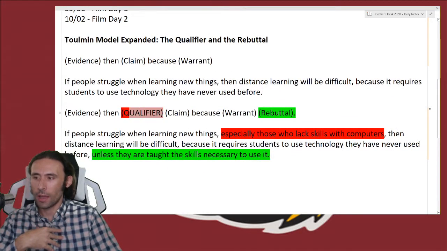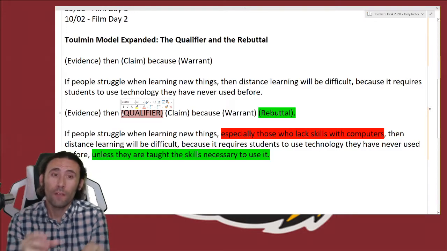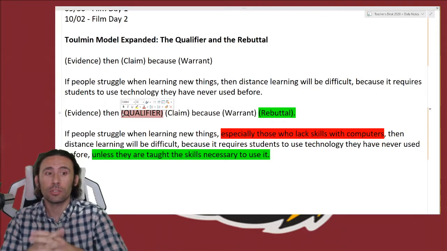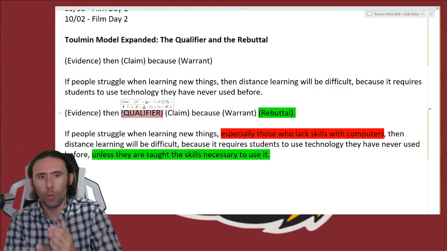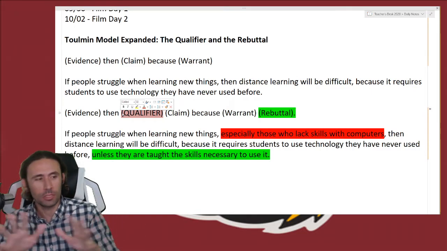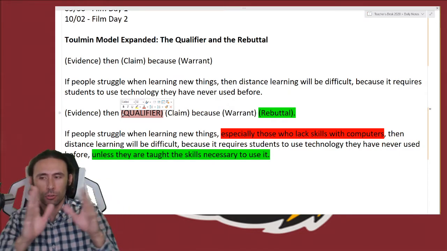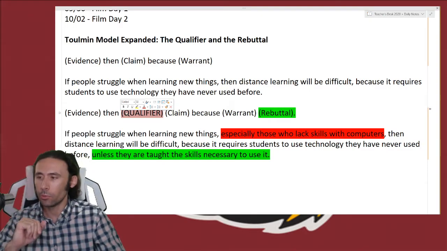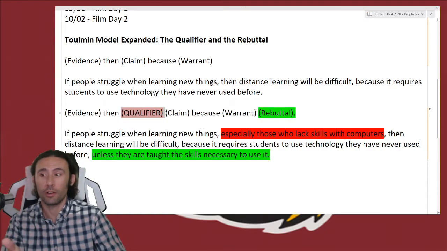The qualifier is kind of like the, well, sometimes. Well, a few people. Well, in California. So instead of me just saying this is true all the time to all people, always. I really dislike that when we say things like that. Oh, everybody is on their phone. Oh, no one's doing the homework, right? That's not true. There's always a qualifier. There's a certain number of people. There's some people. There's 50% of the people, right?